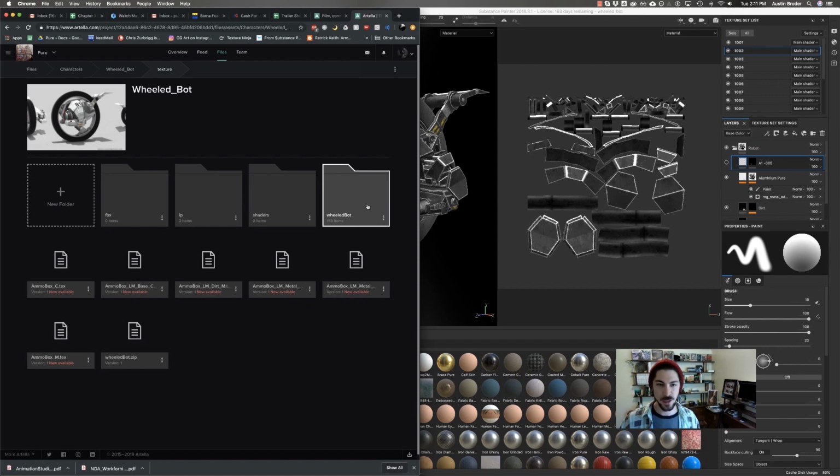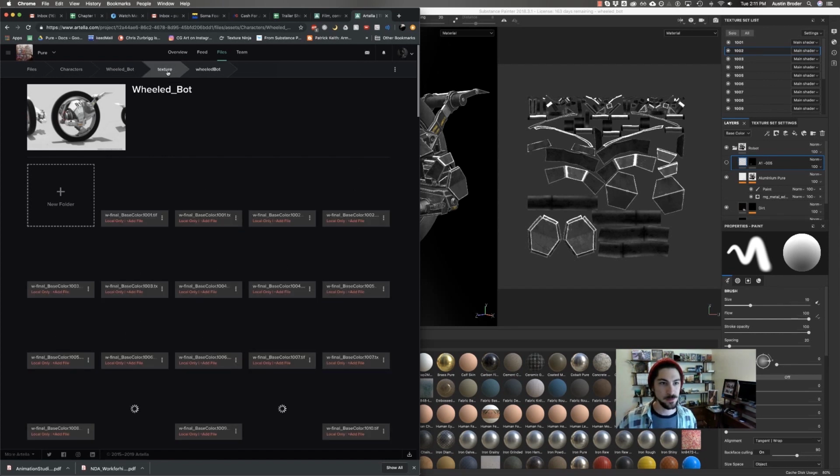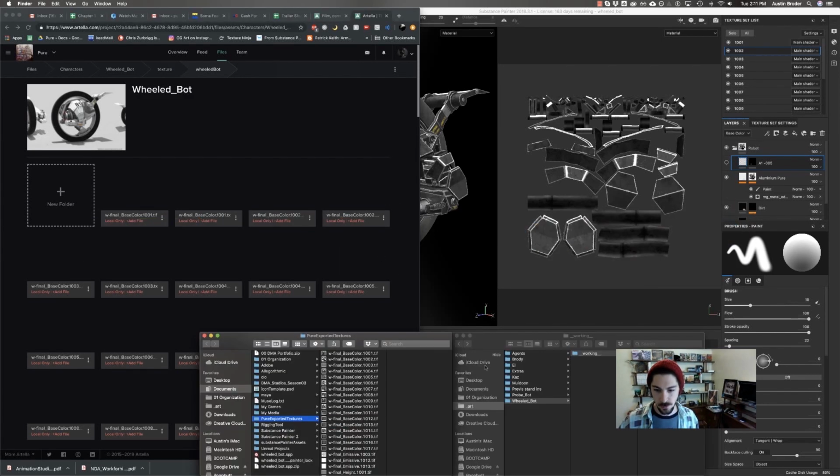But it's an issue of, if you're going to try to upload those through Artella, the interface just doesn't work that well for uploading and downloading that many giant files. So although the texture files will live here, in order to transport them quicker and easier, we're going to compress them into a zip file, and upload that at the end of this. So first, go ahead and create that folder,